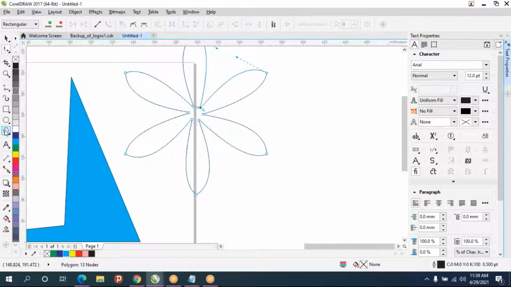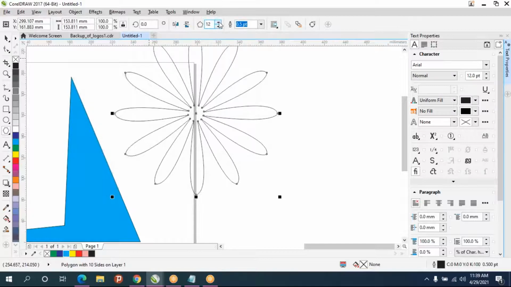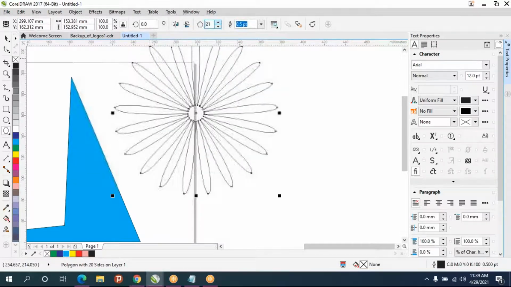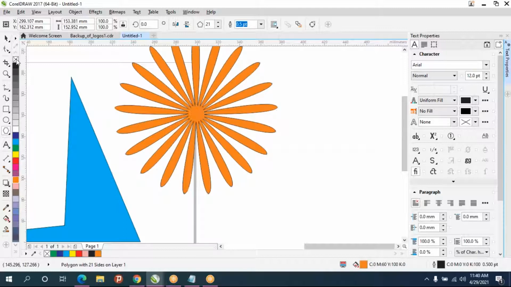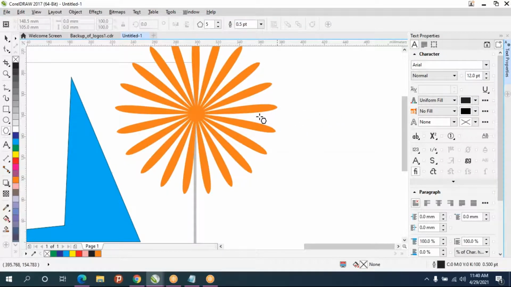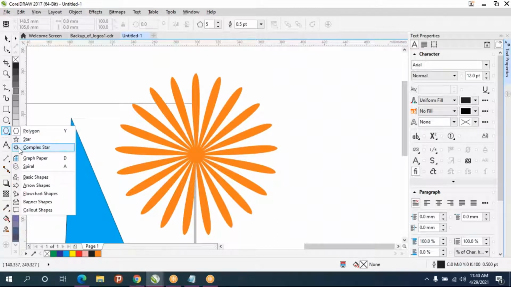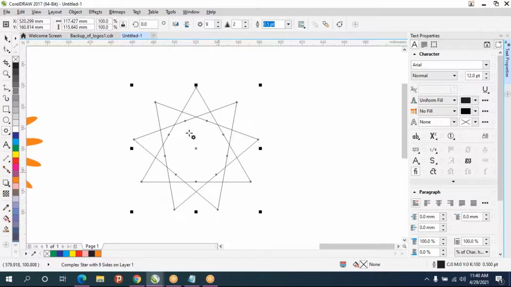Now again take the polygon tool, increase the sides. Apply color. Same thing for the complex star also.